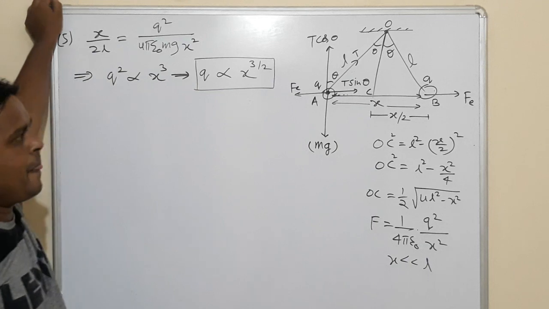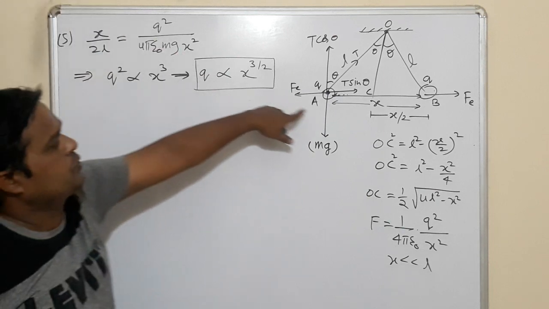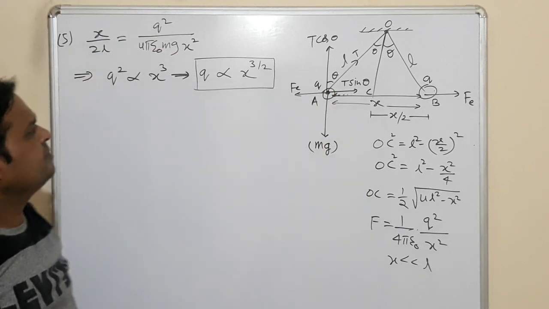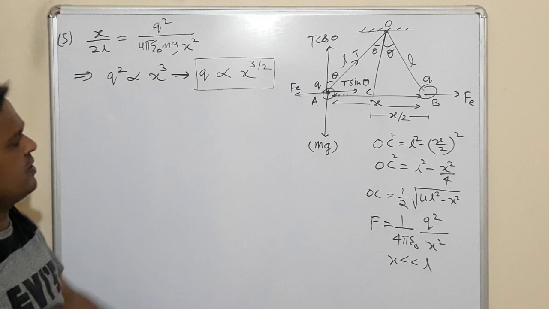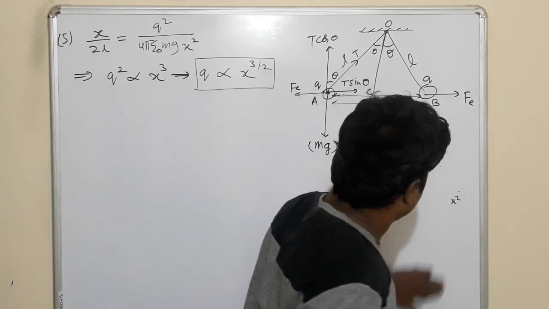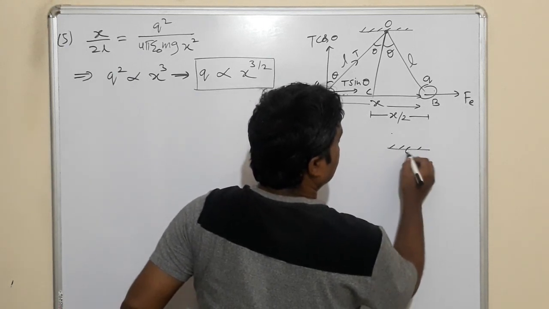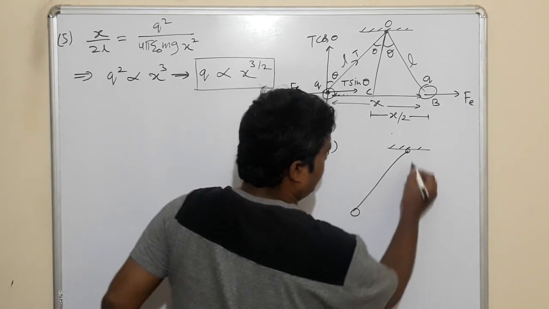Followed this. Now what are the other possibilities? Suppose these two spheres are in a medium, then the weight will change slightly. For example, if I say these spheres which are suspended from a fixed point